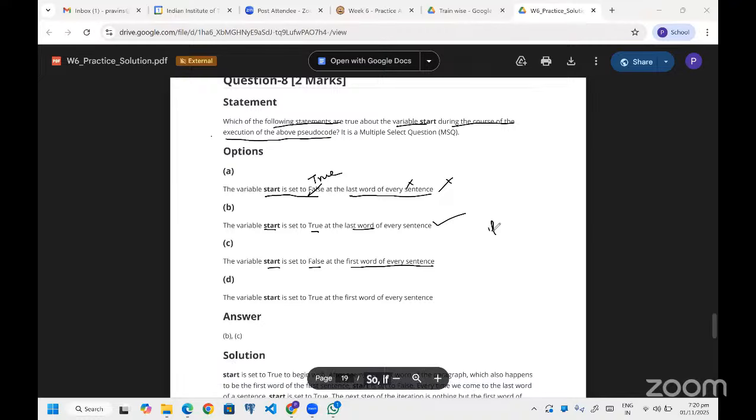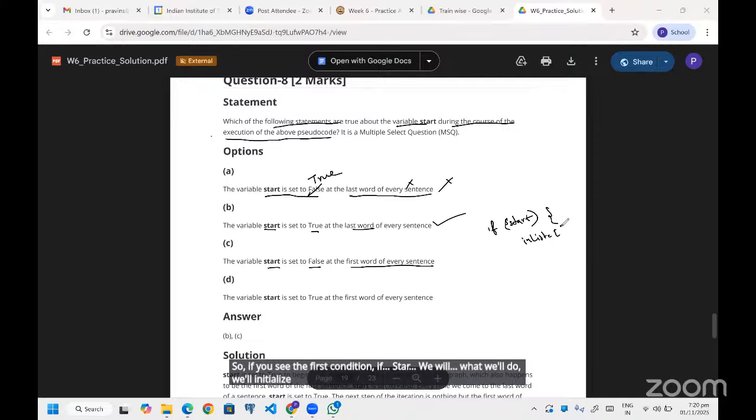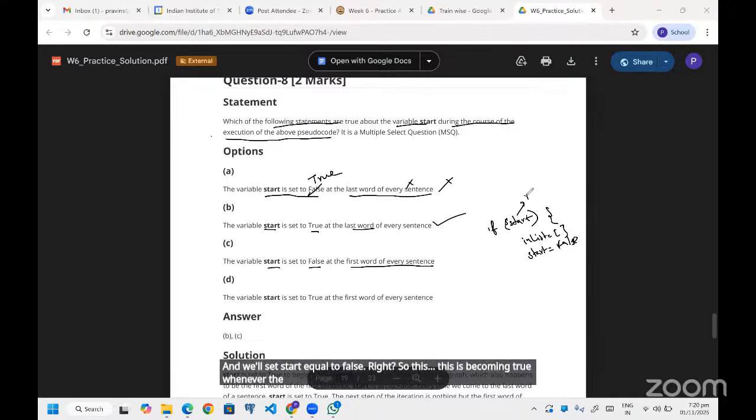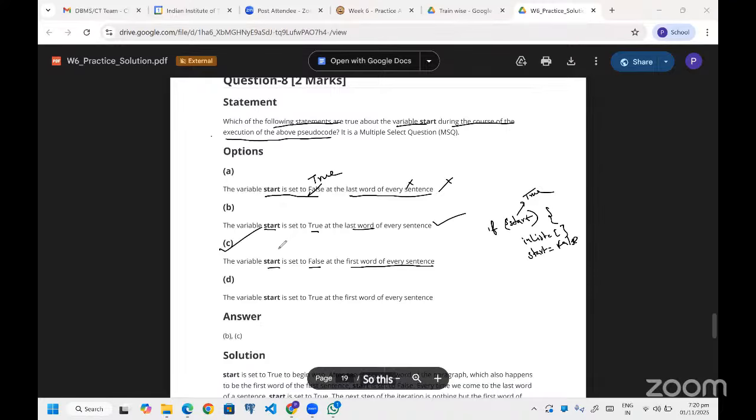The variable start is set to false at the first word of every sentence. So if you see the first condition, if start, what we'll do, we'll initialize the empty list and we'll set start equal to false, right? So this is becoming true whenever you see a first word in a sentence. So this is also set to true at first word of every sentence.